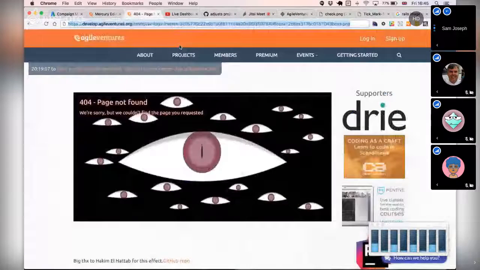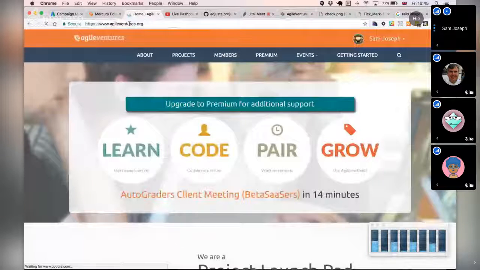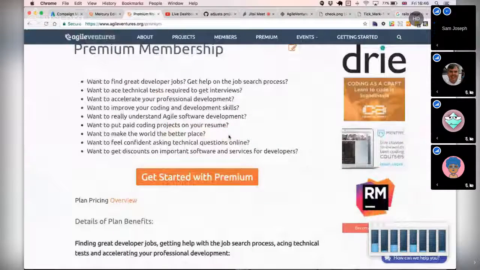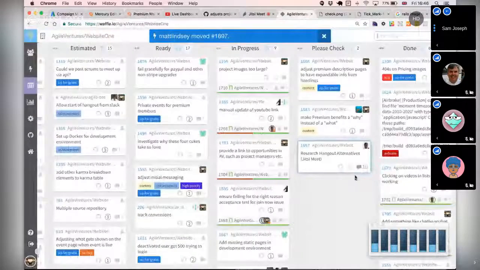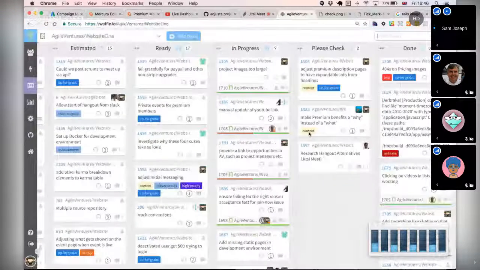The thing that's kind of, I don't know, I want to cleanly finish tickets, and I keep getting stuck. Like I've done this change to the premium page, where it now has these things. Arguably, that could involve the finishing of this, but I haven't yet done it for the premium mob page or the other pages. So I'm kind of caught in this. Should I leave that there in progress? It's kind of gone live.